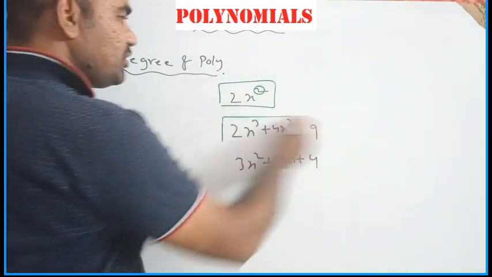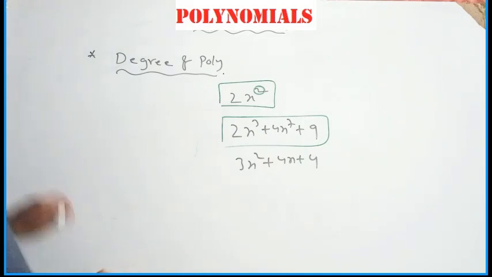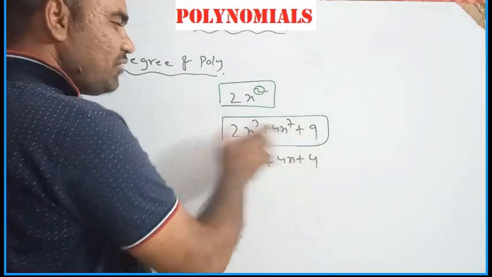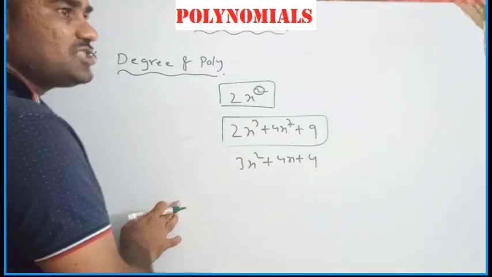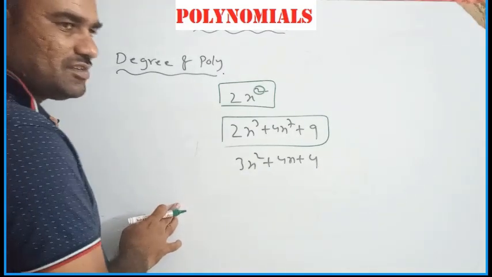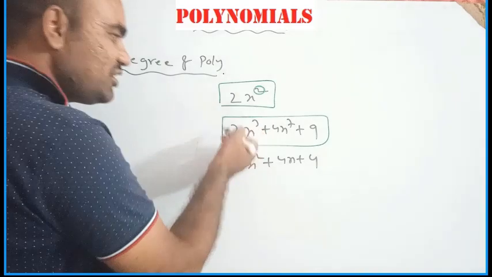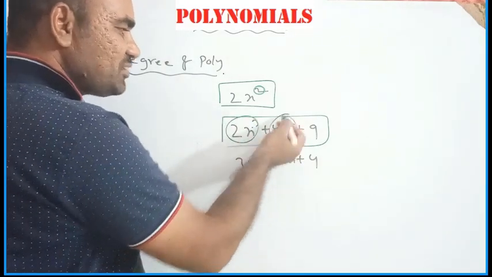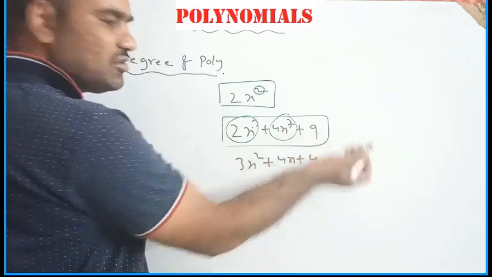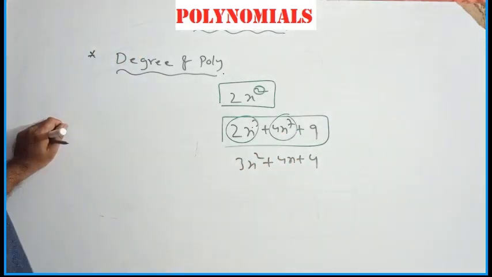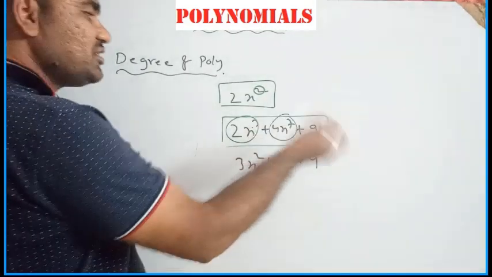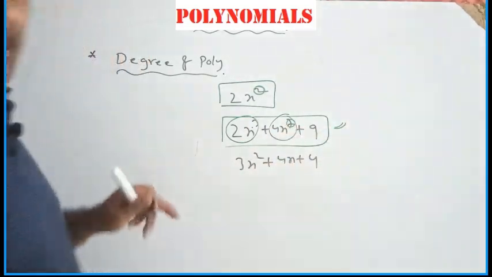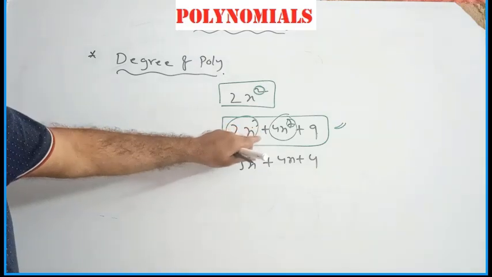So another example here, 2x cube plus 4x power 7 plus 9 is given. This is also a polynomial, involving only one variable. The highest power of the variable is taken as the degree. Or in other words, you can say find the degree of each term. So the degree of this term is 3, the degree of this term is 7, here it is a constant, no variable, so you can say that the degree is 0. Okay, among 3, 7, 0, 7 is the highest, so you can say that this is a 7th degree polynomial, a 7th degree polynomial in x.